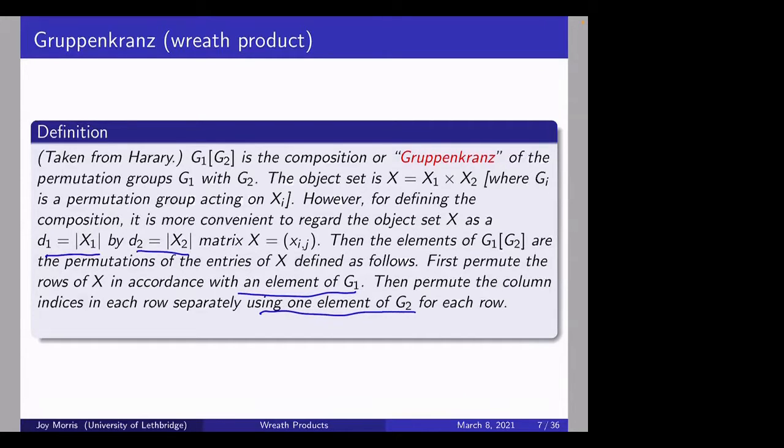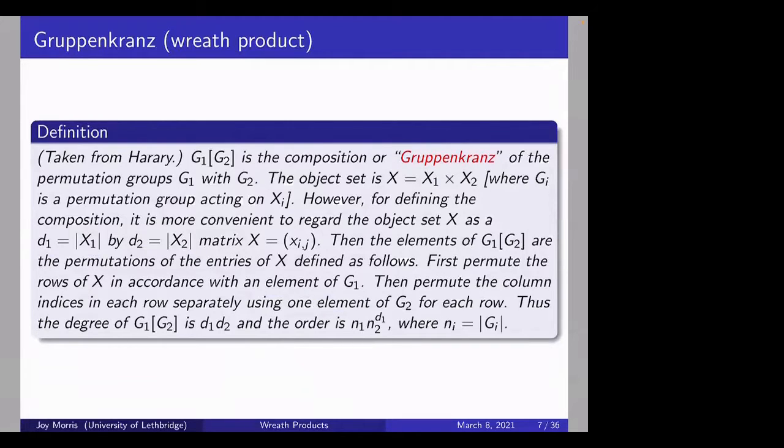Okay, so key points here to realize are that this operation preserves the rows as sets. So any row maps to a row. Each row might get mixed up in its own entries, but rows have to map to rows. And let me mention, because I'll be using this notation later, the more modern notation looks like this. G1 wreath G2. This is the notation that we use.